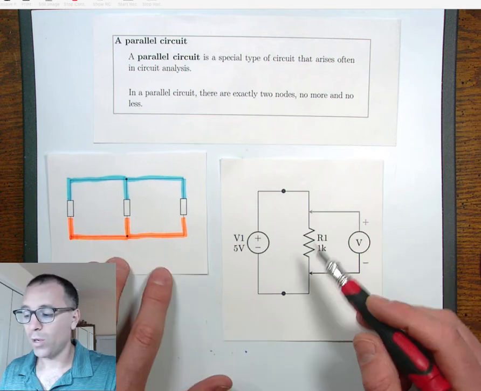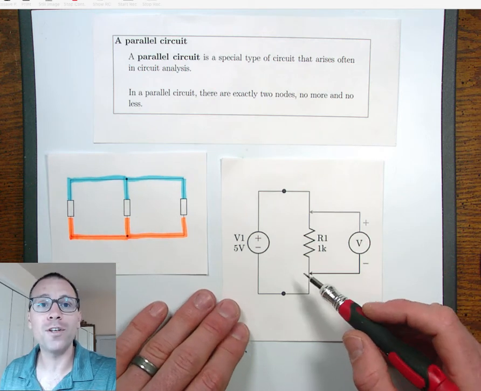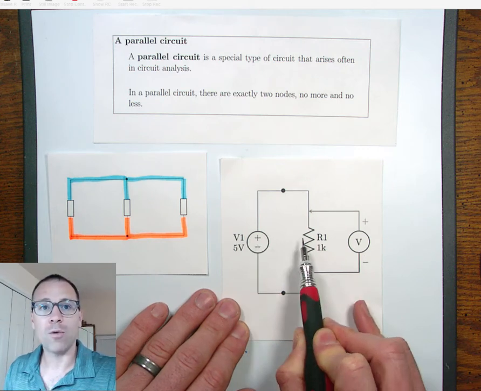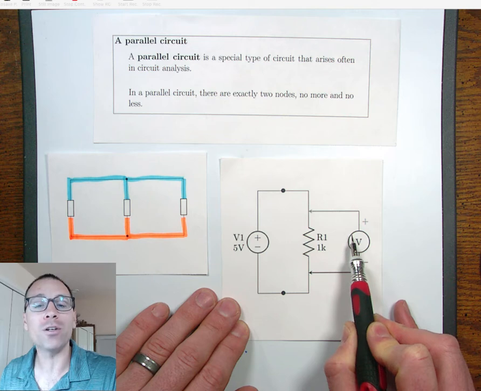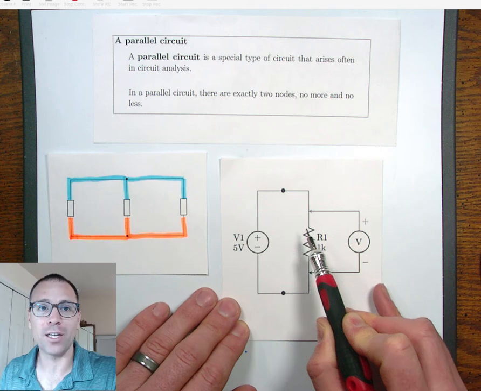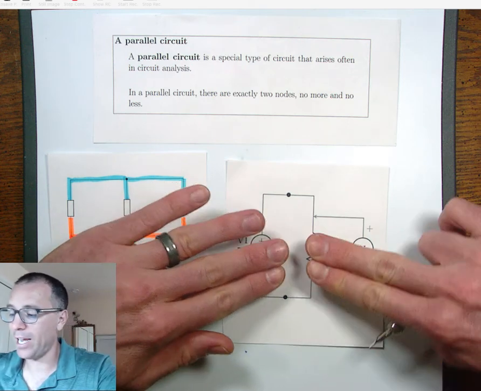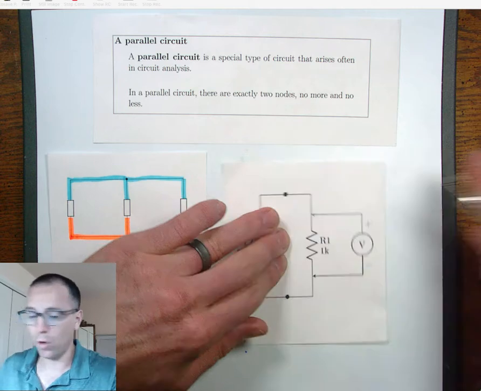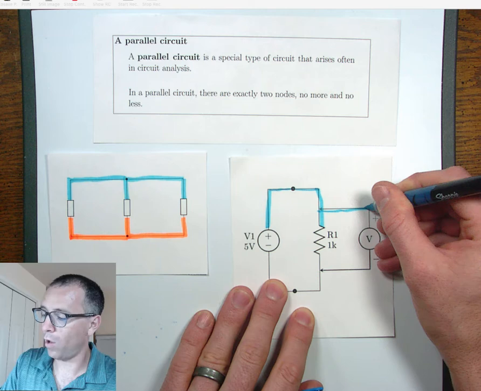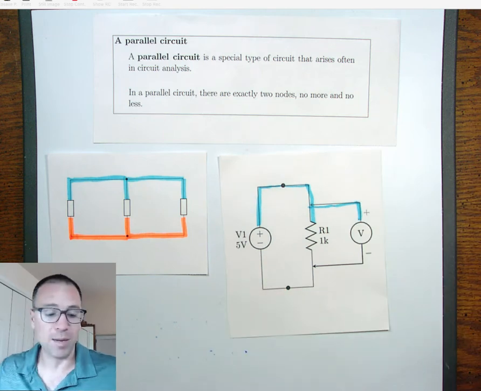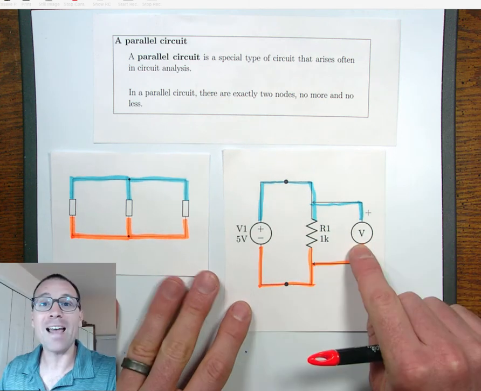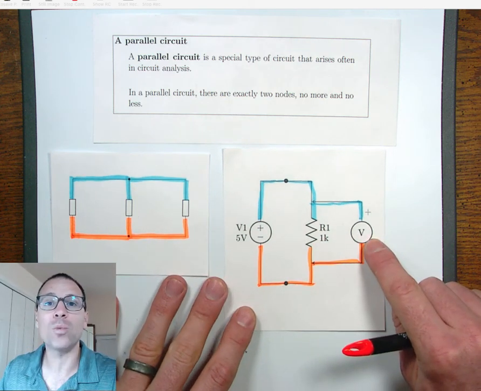The first location that we saw this was when we were learning how to measure voltages with a voltmeter. In this case, we see that we have a voltage source, a resistor, and then we connect our voltmeter, aka the digital voltmeter, the digital multimeter, in parallel with that circuit. So notice, if I were to erase these element bodies, we have a single node up top, which is highlighted by this blue. All of that wire is a single piece of wire from the standpoint of electron flow. And then we have a single node on the bottom. And that is why we say that when we take voltage measurements, we do so in parallel.